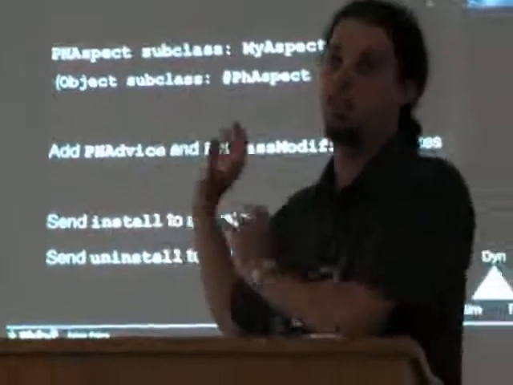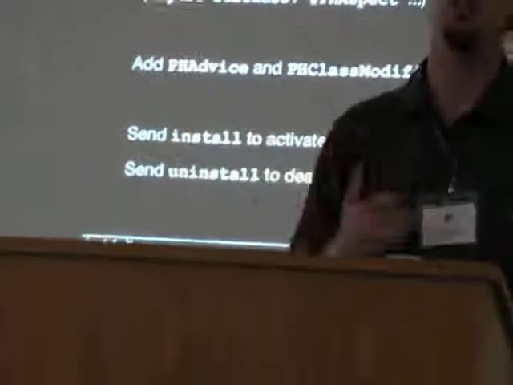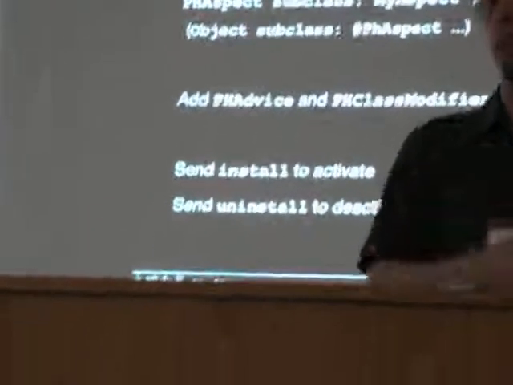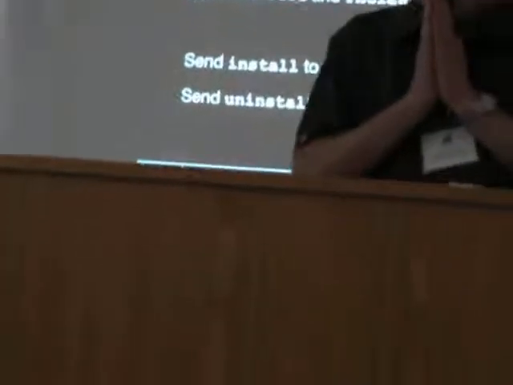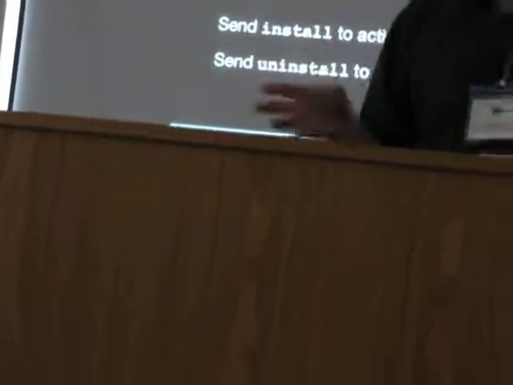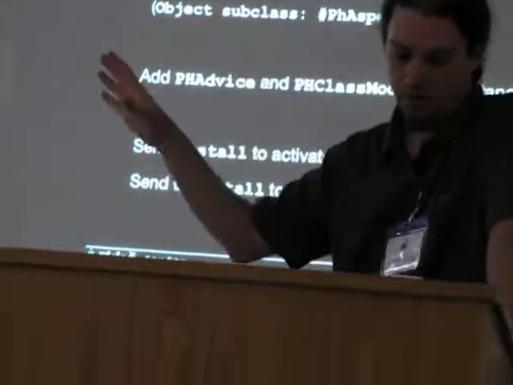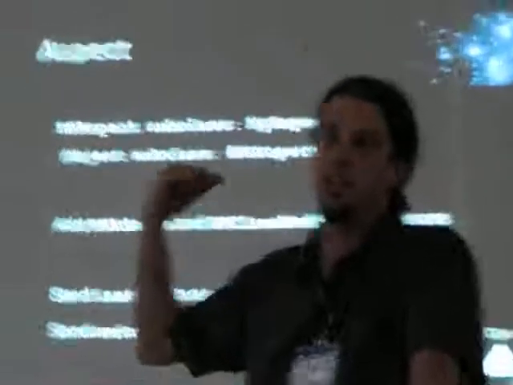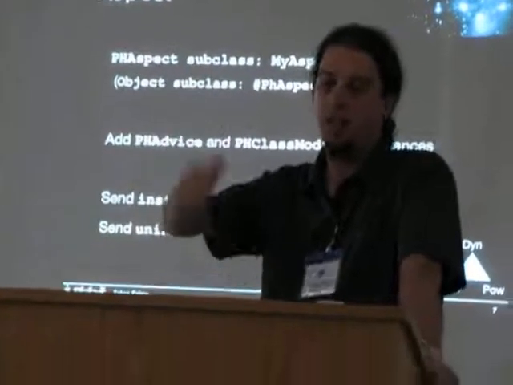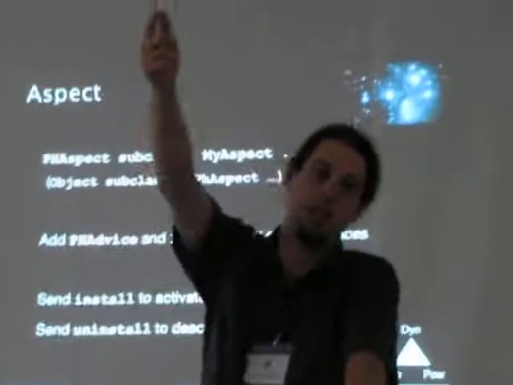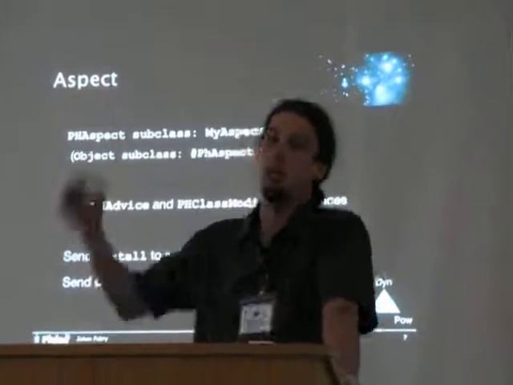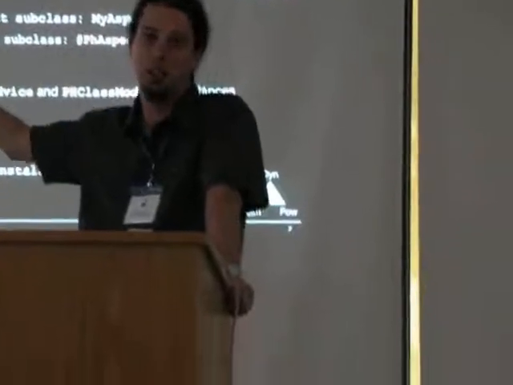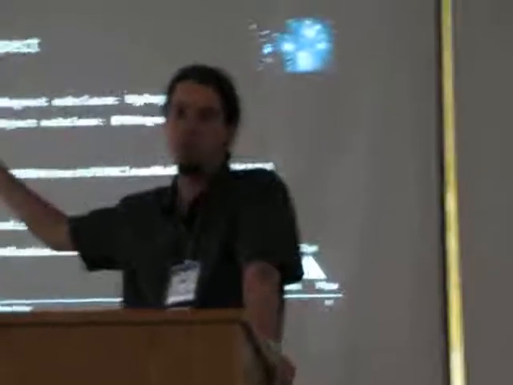The install and the uninstall are identical to what we had in the aspect-less version. Correct? So it's dynamic AOP because you can install and uninstall very simply. An aspect is a class. That's it. And first class. The power is nice here because in languages such as AspectJ, there are things like abstract aspects, and you can use pointcuts from other aspects, etc. Because everything is first class, I can easily simulate it here. I don't need anything special.